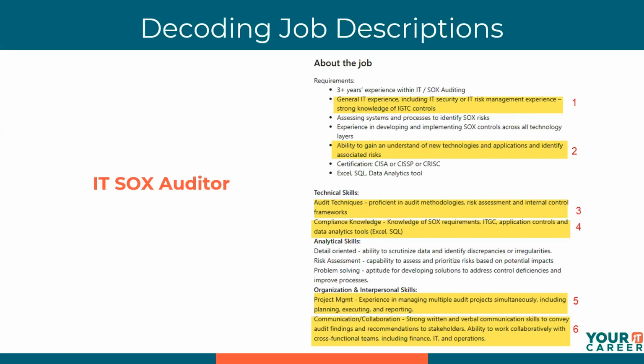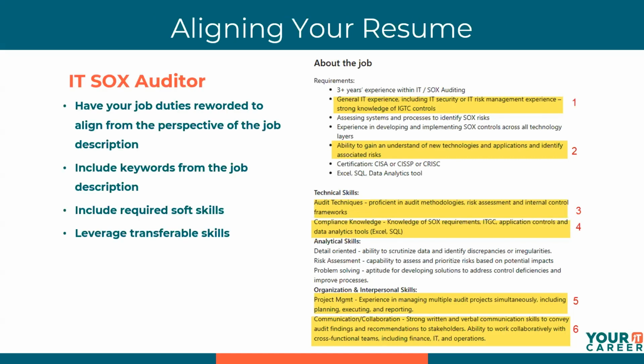Now, let's further break this down. So again, it's the same job description, but when you're aligning your resume, I want you to always think of 4 things that you'll do, okay? So one is you want to make sure that your job duties are reworded to align from the perspective of the job description. I actually have another video I posted on my channel that talks about how to use ChatGPT to refine the words in your bullet points. If you have not watched that, it's absolutely important to watch it because you see how a bland, 1 sentence statement gets updated to align more with audit and compliance. You get to see that in that video. So you need to do that.